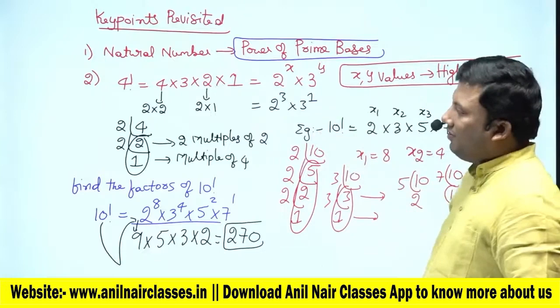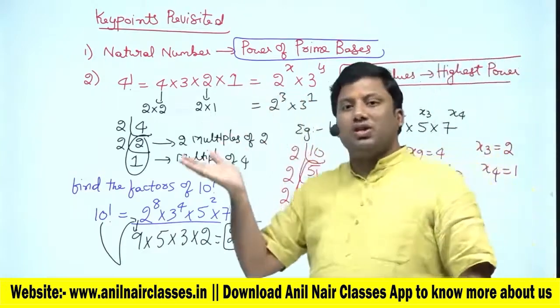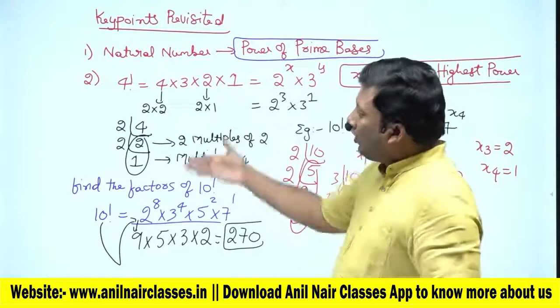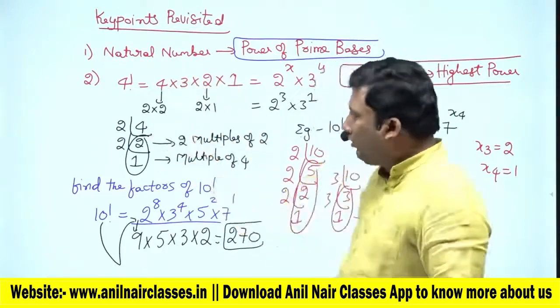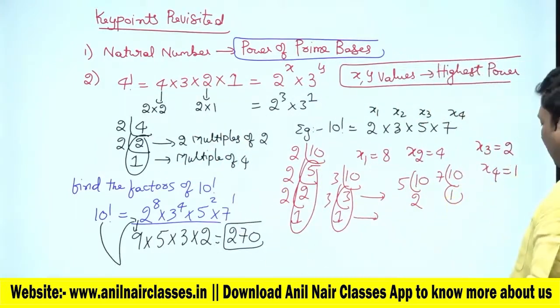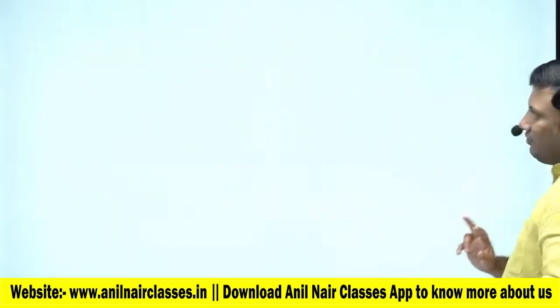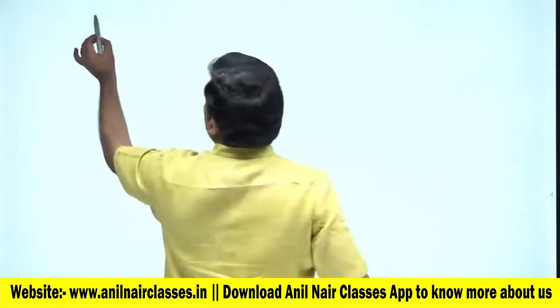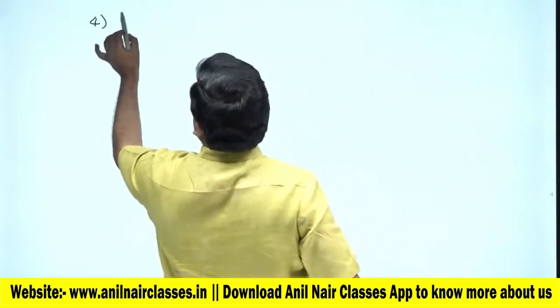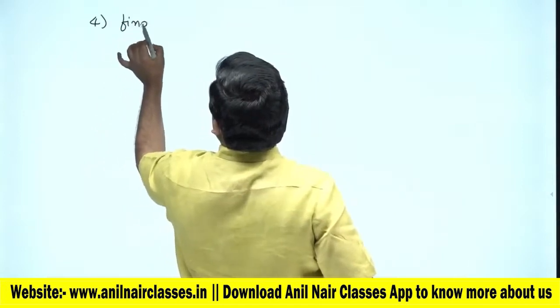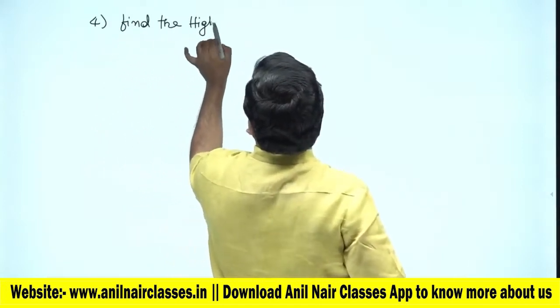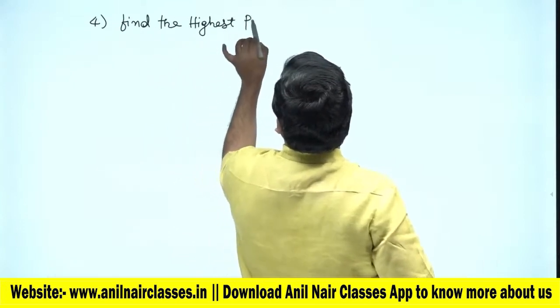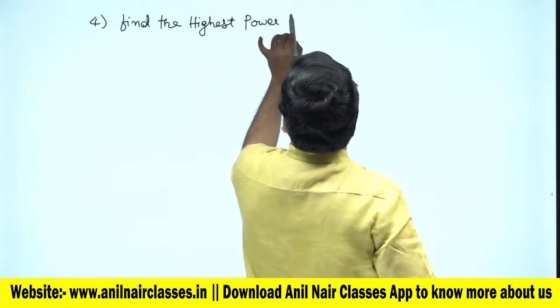Some key points revisited. Almost all the questions we are going to solve are based on factorials. So I'm just giving an introduction to factorials. I hope this key point is clear. Fourth key point, how to find out the factors, it is clear. Find the highest power for: